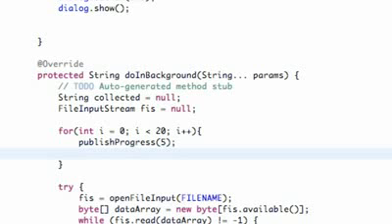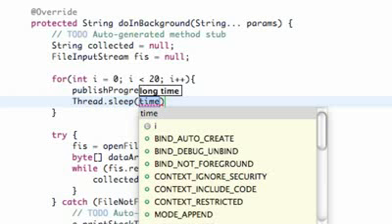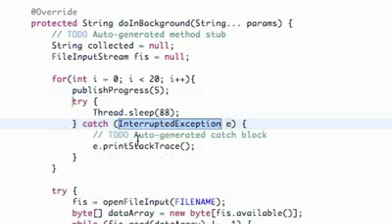So let's add a sleep within here. Again, this is kind of a review: Thread.sleep, and we're going to sleep for, let's do 88 milliseconds. I don't know why, we're just going to do that, and then we have to surround this with a try and catch. So now it's going to sleep for 88 milliseconds each time before it increments by 1,